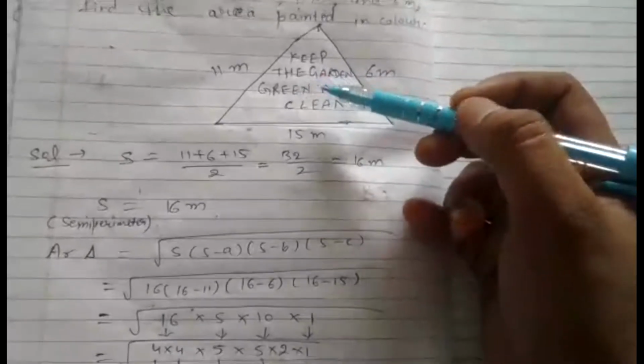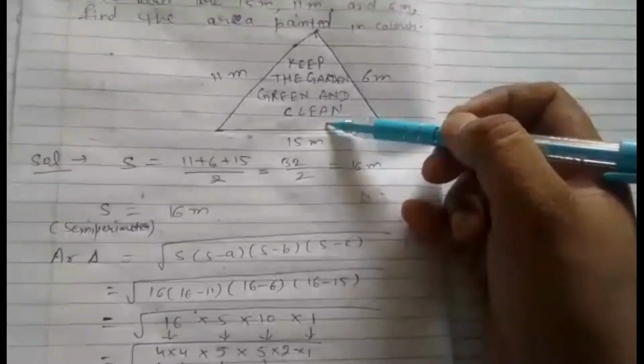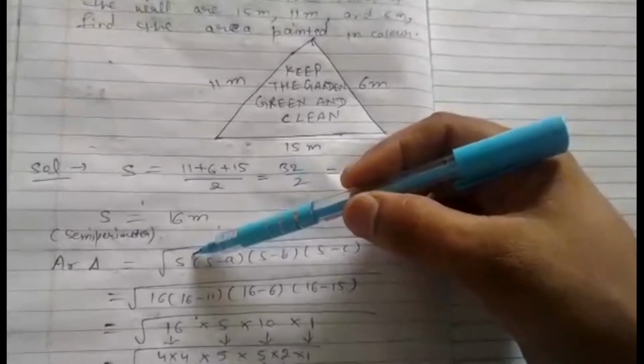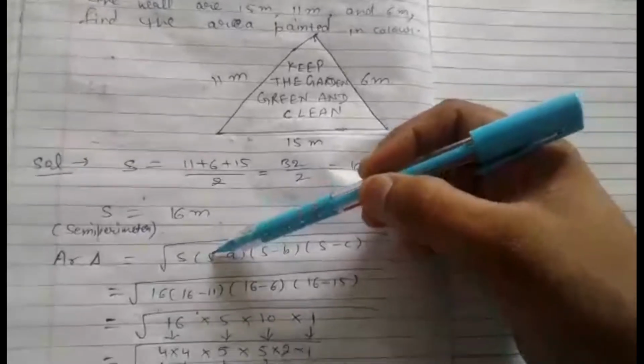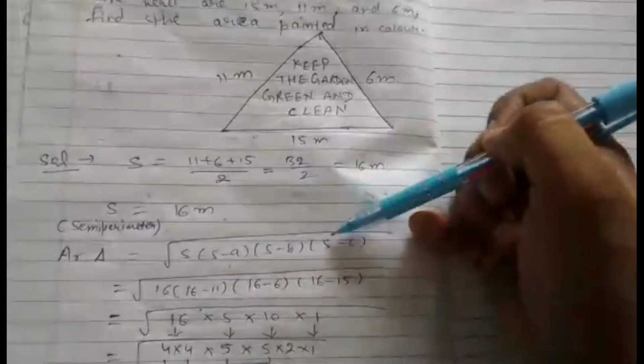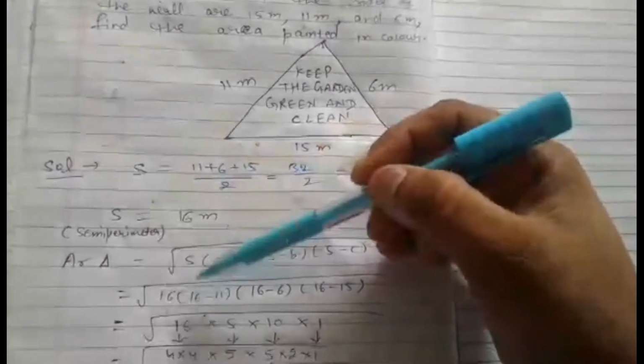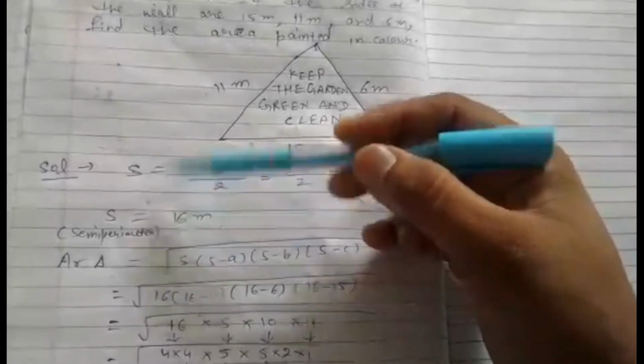Now you can see in this, we need to find out the area by Heron's formula. So in Heron's formula, this is the formula. S means semi-perimeter: square root of S, S minus A, S minus B, S minus C. A is a side, B is also a side, and C is also a side of the triangle. Any side you can take as A, B, C. So these are the sides of the triangle. Now S is the semi-perimeter. Here the S which is used is the semi-perimeter.